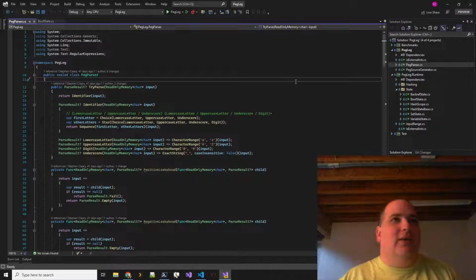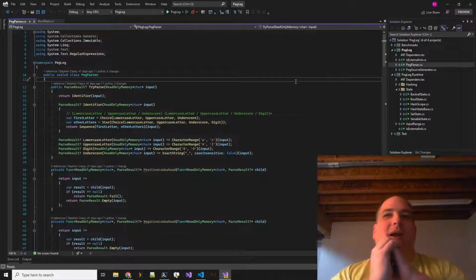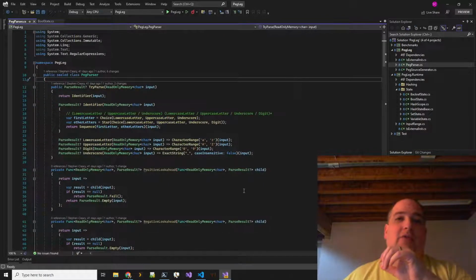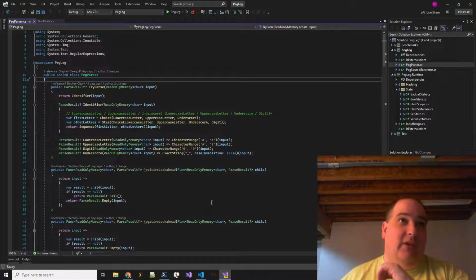All right, so let's see, what do I want to do? I'm thinking in my head, do I want to try to get to where I can bootstrap it as quickly as possible? Maybe. But maybe that's not the best approach. Maybe what I want to do is actually write out more of this syntax support by hand, and go from there. Well, either way, I'm going to need that regex support really soon. So let's start with that. It's something to start with at least.